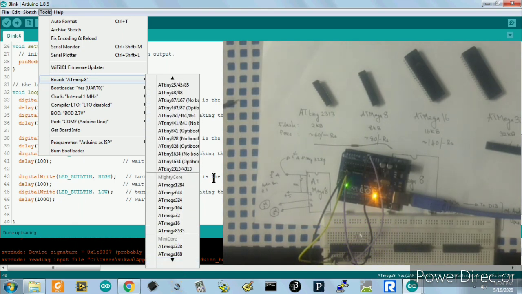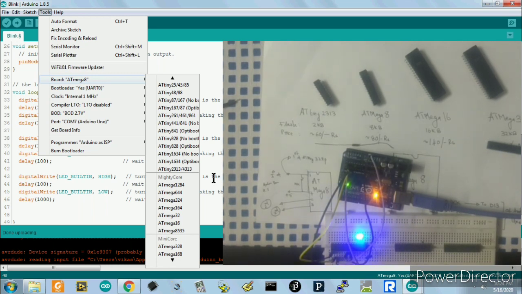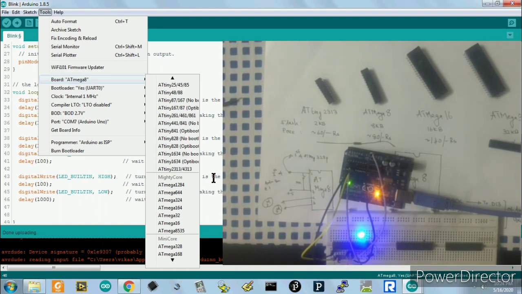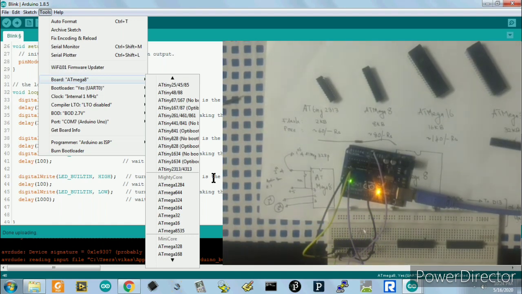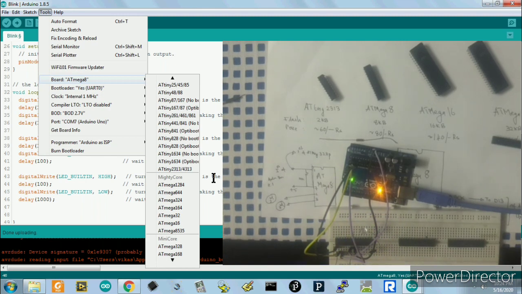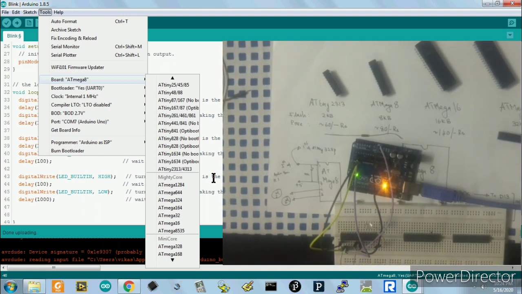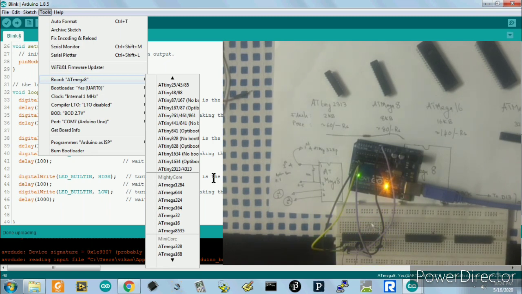Based on that, some of the boards may not have the built-in Optiboot bootloader available, so we can't do anything there. For most of the generally used microcontrollers, the board package is available on GitHub, so please download.